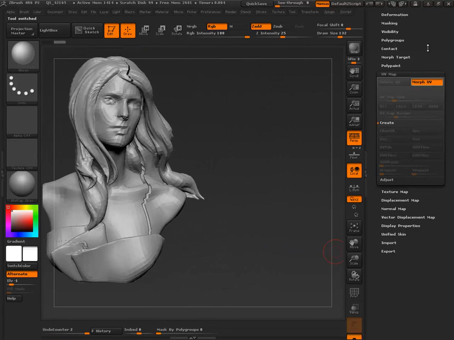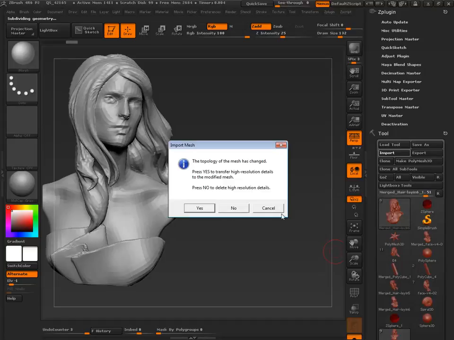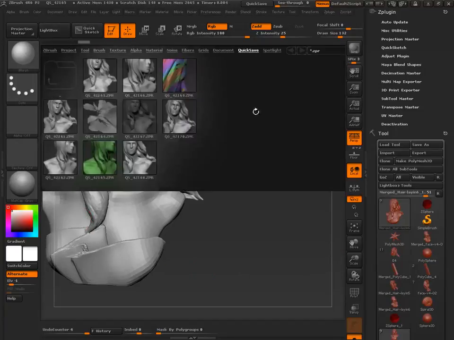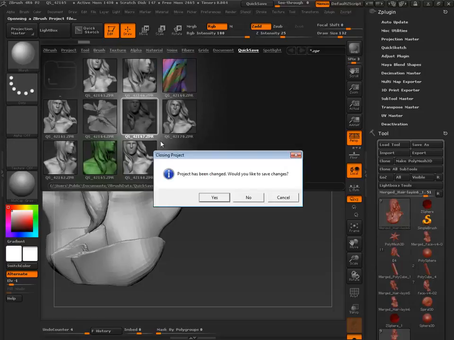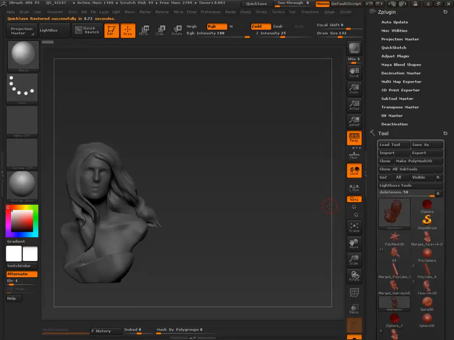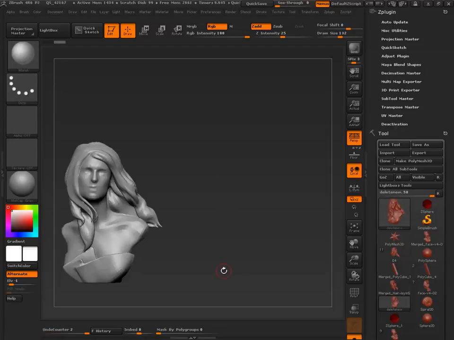Yeah, that's the problem one. It's dynameshing, I think.